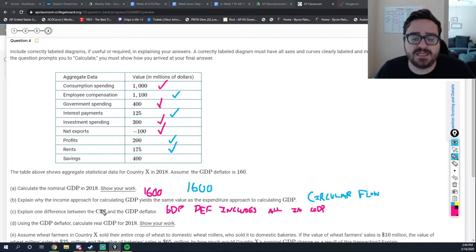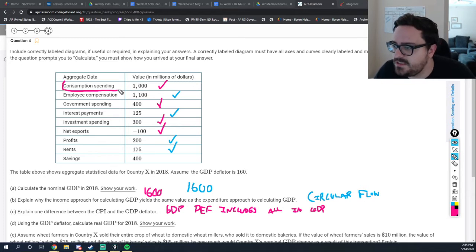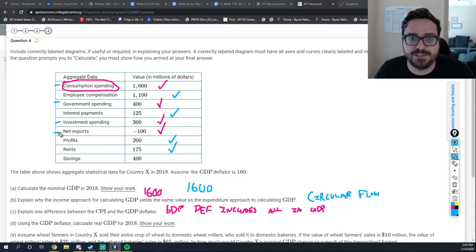The CPI is a consumer price index. It is meant to tell us how much inflation consumers are experiencing, because the market basket is a bunch of stuff that me and you buy. So what that means is that the CPI is geared mostly around just this. It's telling us, okay, how much inflation are these people experiencing? Whereas the GDP deflator includes all of that. It includes this as well as these things too,